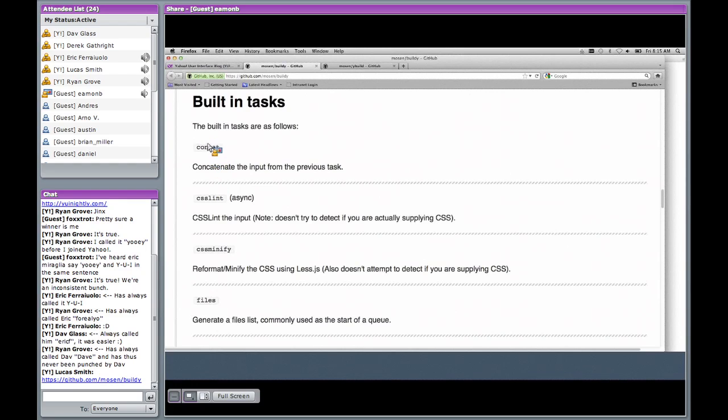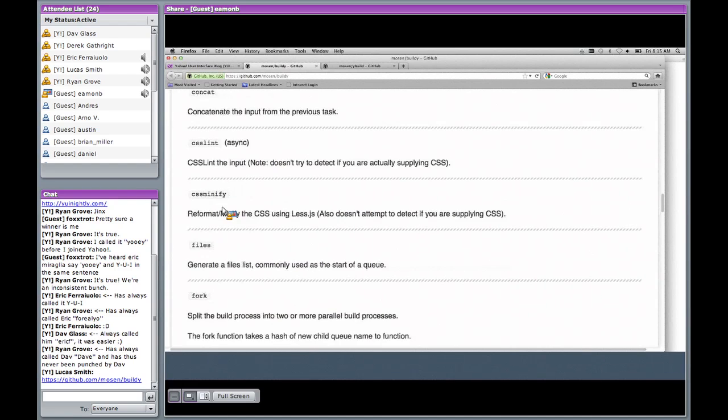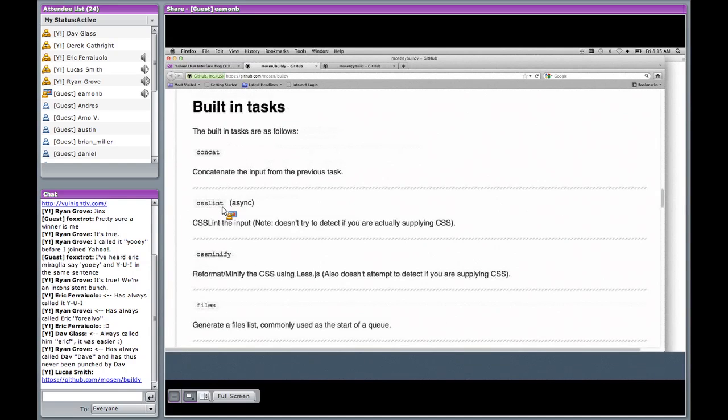So there's a task for concatenation, we have lint tasks for CSS and JavaScript, and we have minify tasks for CSS and JavaScript. So if I wanted to, for example, change the minify from using uglify to using YUI compressor, you could definitely write your own task file, which can be added to the start of your Buildy script.